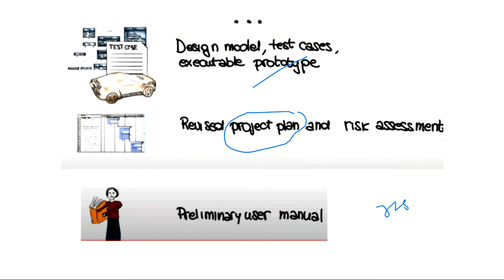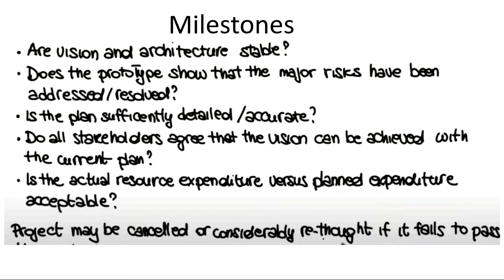Okay. And a preliminary user manual will also be created. The final user manual will be created after the testing phase when the project is deployed. A user manual is, suppose you have bought a new product, you are given a user manual, right? How to operate this product, what are the things in your system. So the preliminary user manual will be created here, not the full user manual which is sent to the user at last, only a sketch of the user manual. Okay, that will be created here. Then what are the milestones that will be achieved?